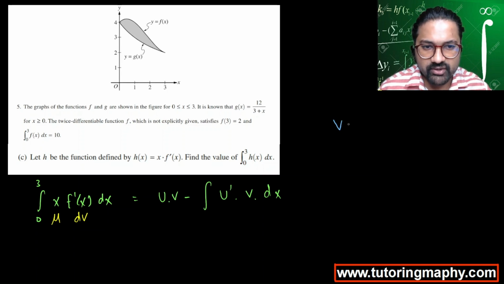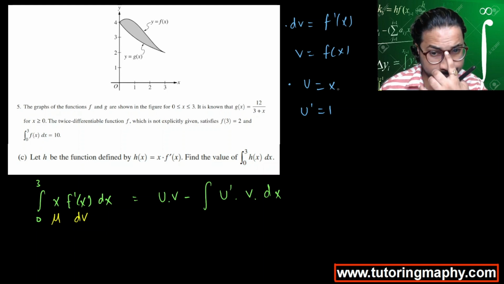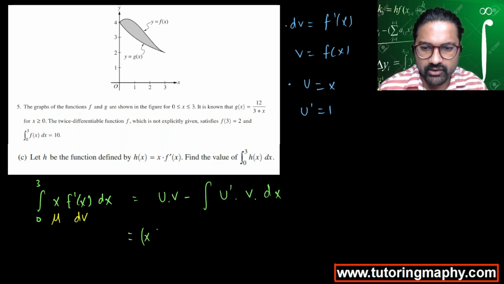We know the dv, so I'm just going to write here: dv is equal to f prime x, so obviously v is going to be f(x). And u is x, so u prime is just 1, right? Yes. Okay, so what is u? U is x. And what is v? V is f(x). So x times f(x)